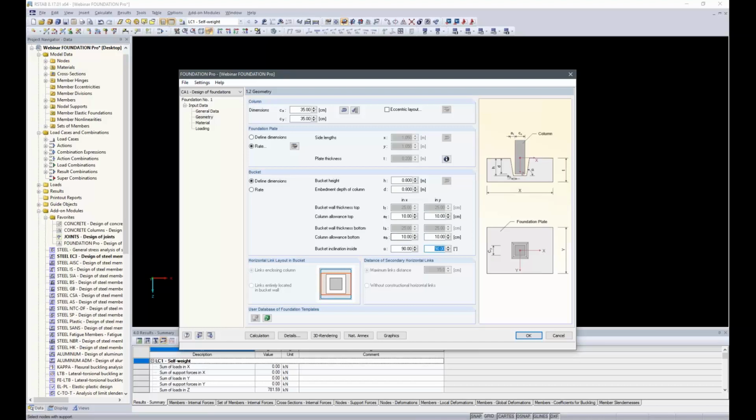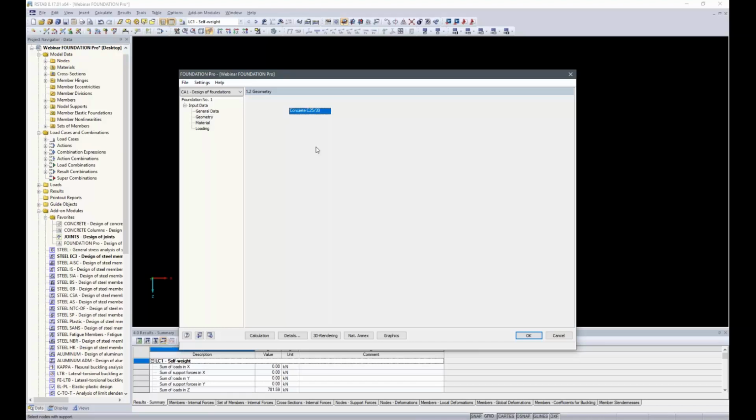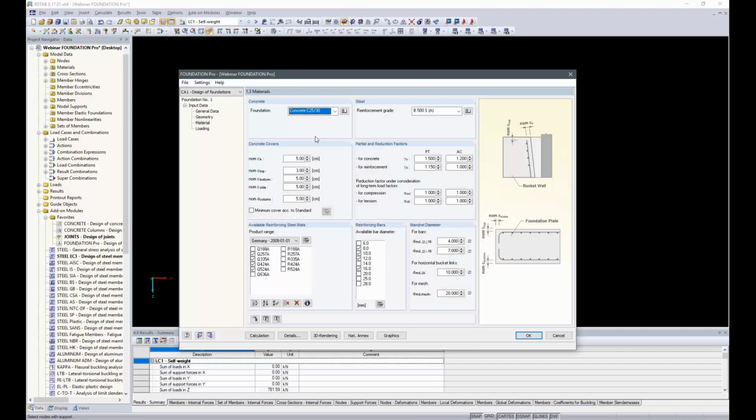So much for the geometry. The next window is 1.3 materials. The concrete is C25/30 and the steel is B500S, so very common. The concrete covers can be freely defined, or you can activate the option minimum cover according to standard, which we will do. And we have to verify that we have selected the correct exposure class